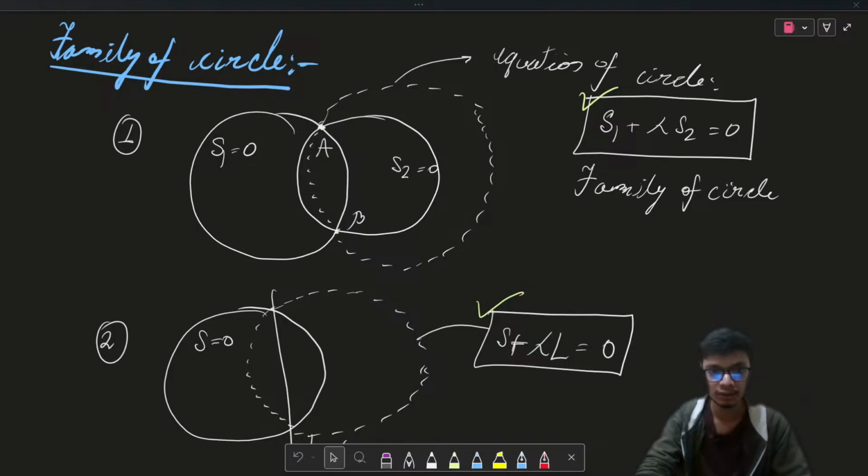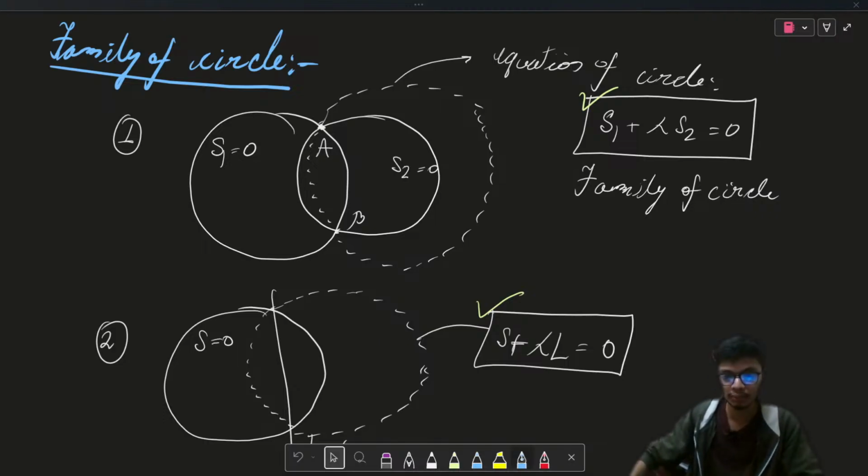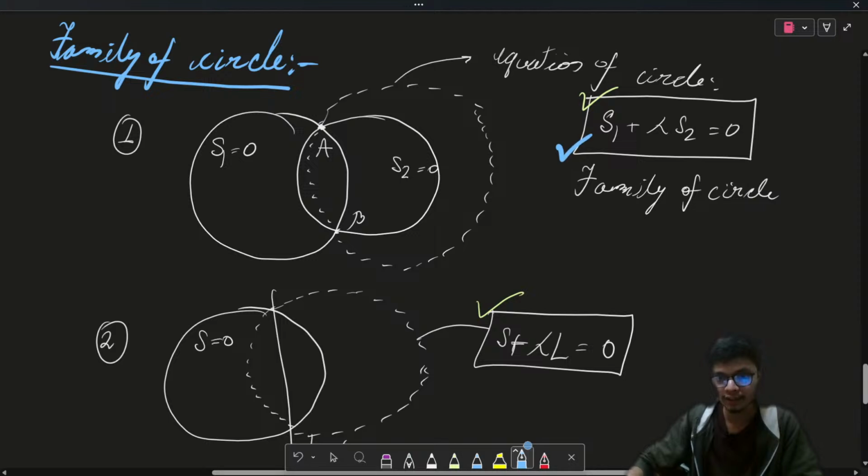As we have seen, we have been discussing the family of circles, and what we have understood is that the family of circles is basically the set of all equations of circles which follow certain criteria or conditions, right? We looked first at the condition when we have two circles intersecting at 2 points. If I want to generate all the circles passing through the point of intersection of those two given circles, then that equation of the circles I can easily write in this notation, right? That's what we have seen in our last class, given as S1 plus lambda times S2